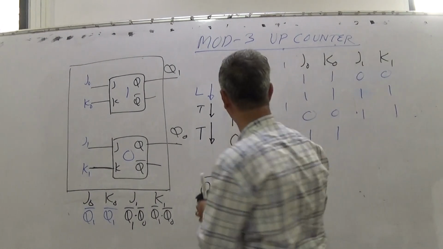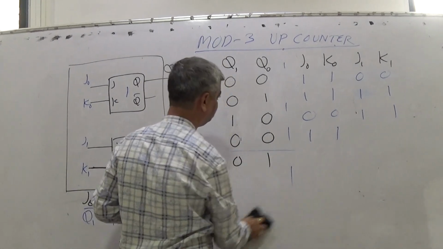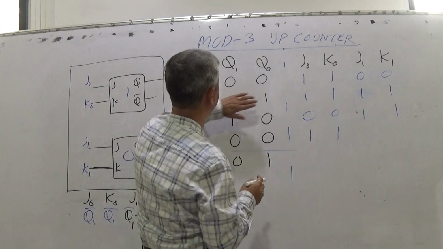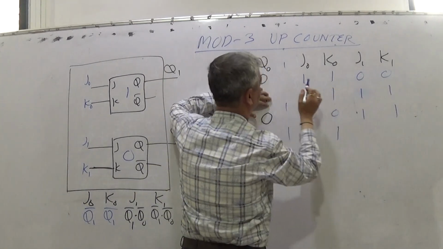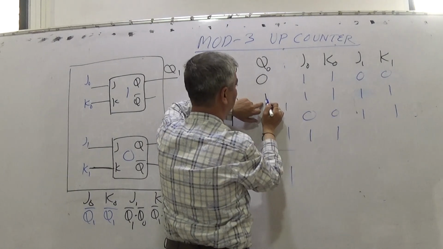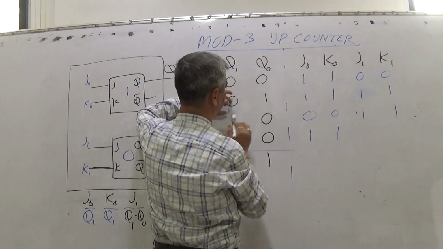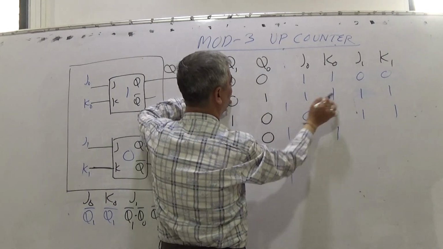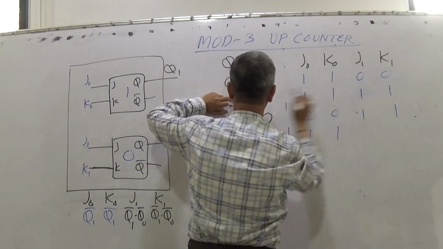Now rub this out. Don't look at this. 0, 0, 1, 1, 0, 0. So this is 0, 0. This is 1, 1, which means this will become 1. This is correct. This 0, 0 means this will remain 0. This is correct. Now 0, 1 that time, 1, 1, so this will toggle. As in 1, 1 toggles to this. As in 1, 1 is also toggle.